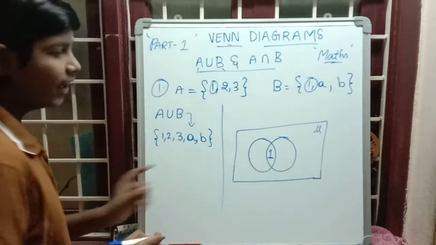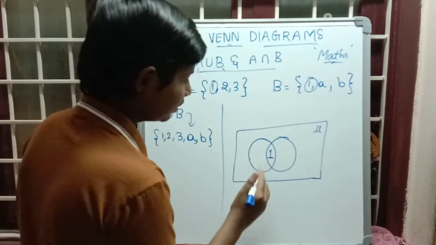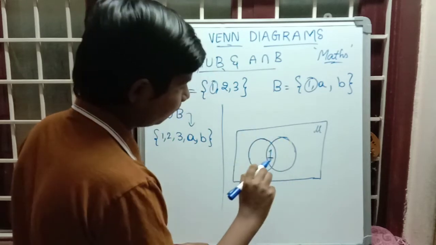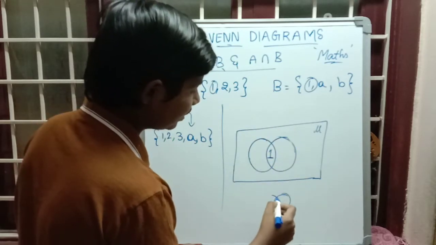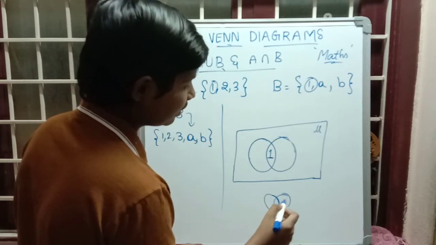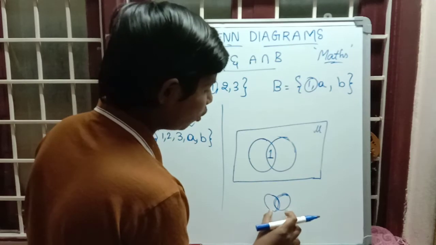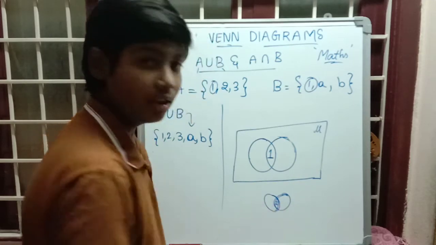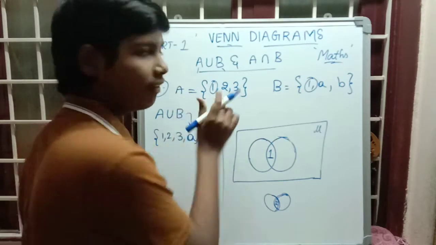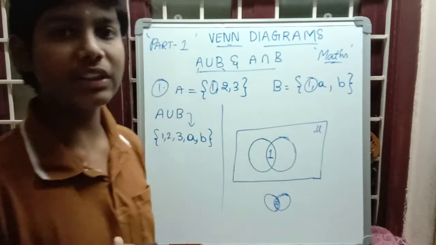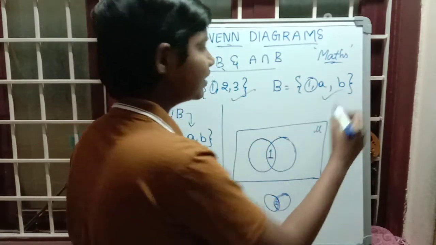Why is 1 coming here? Because see, this is one circle, and that is also one circle. Like this and like this we are taking. This full is one circle and this is one circle. In both circles we are taking 1, because we are representing a set. One set as one circle we are representing. So 1 is present in set A and set B.